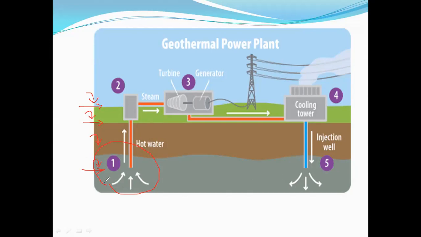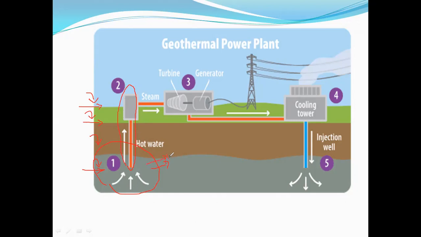Now when we are going through the deep earth crust, it contains rocks, and the rocks contain hot water. I'm repeating, the rocks contain hot water, and these rocks contain thermal energy. Now, with the help of a pipe, I would like to collect the hot water. The earth crust has very high temperature, and the earth crust contains the water.